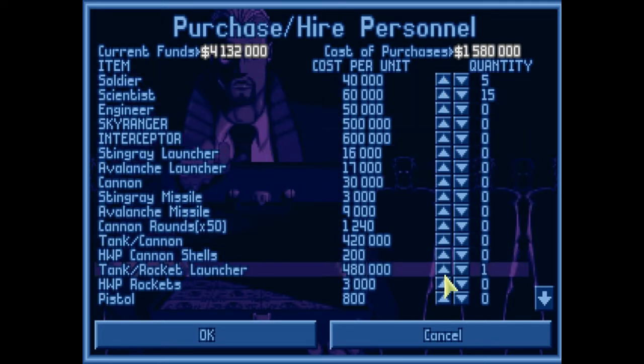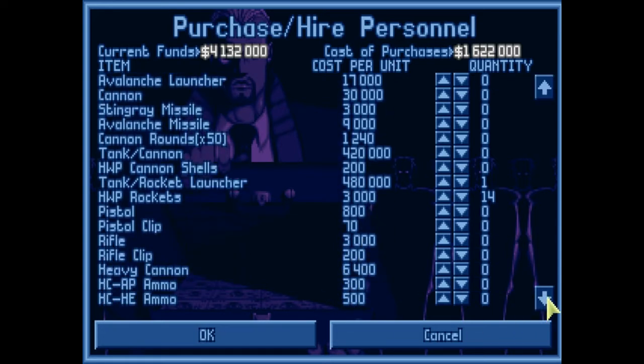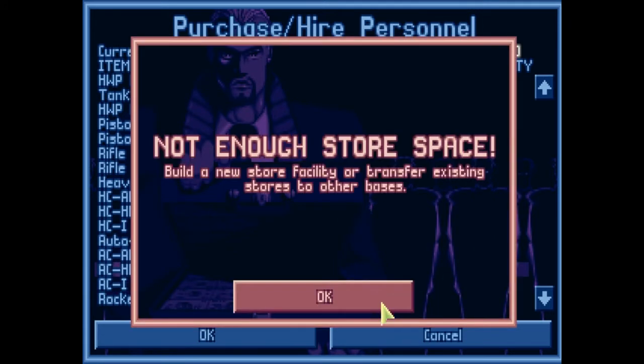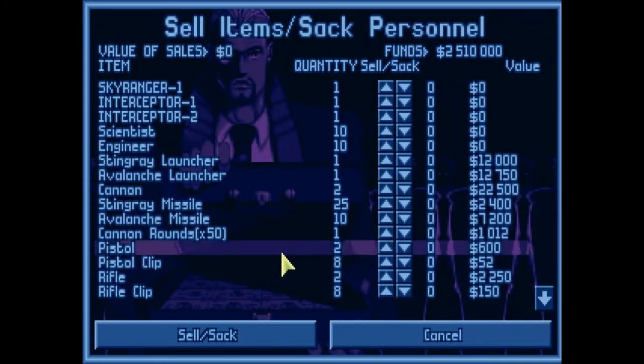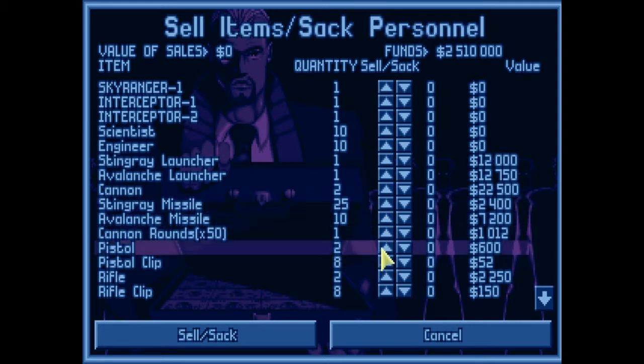I'm going to get myself a rocket launcher tank and enough rockets. Well, I'm going to get myself 14 rockets, which is enough rockets for a couple of missions. Going to get myself some... No, apparently I'm not. So we'll order those. Now we're going to get rid of some of the stuff that we don't need. So I'm going to sell off